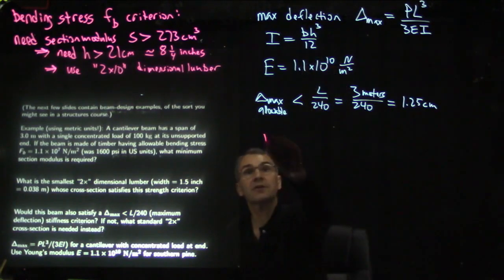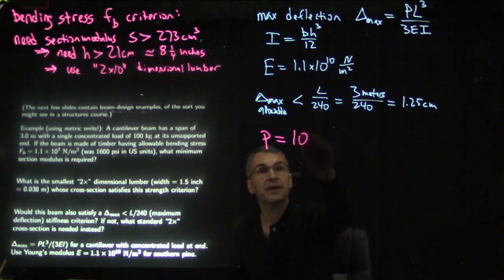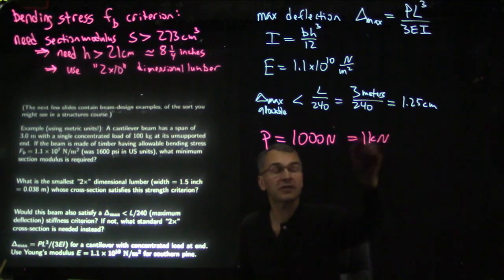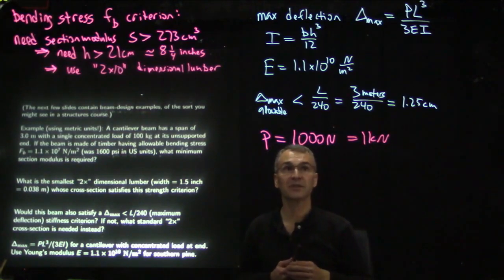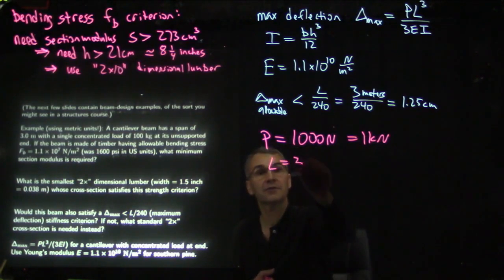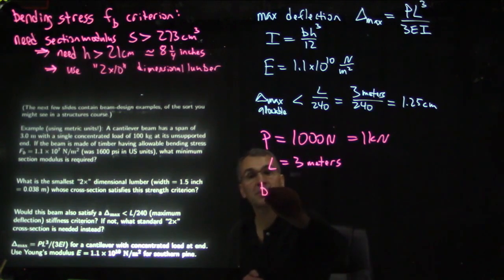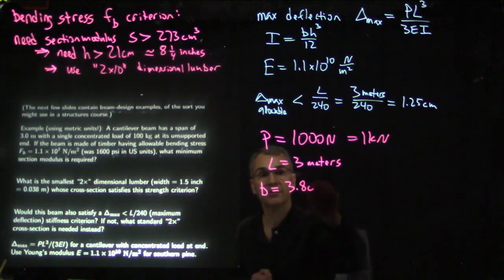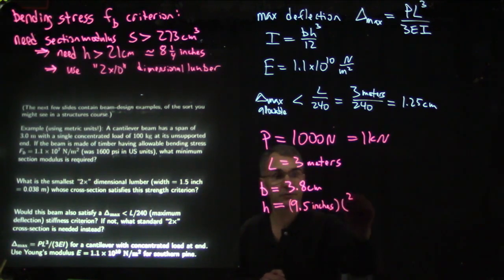So the concentrated load at the end was 1,000 newtons, 1 kilonewton. Actually, 980 newtons was the precise answer, but let's call it 1,000 newtons. And the L was 3 meters. And then we said B is 3.8 centimeters and H is 9.5 inches times 2.54 centimeters per inch equals, this